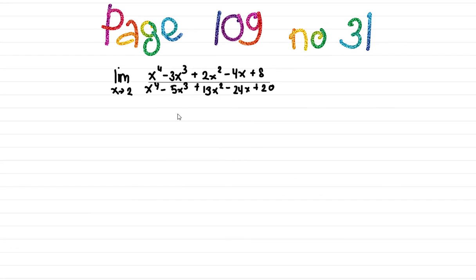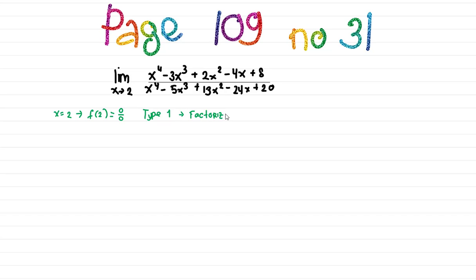Okay, so this is the explanation of exercise 1, page 109, number 31. So here you can see the limit of a function which, if x equals 2 is substituted, f(2) will be, you can count it by yourself and prove, f(2) equals 0 over 0. So this is limit type 1, and we have to eliminate the factors containing 2 as the roots with the